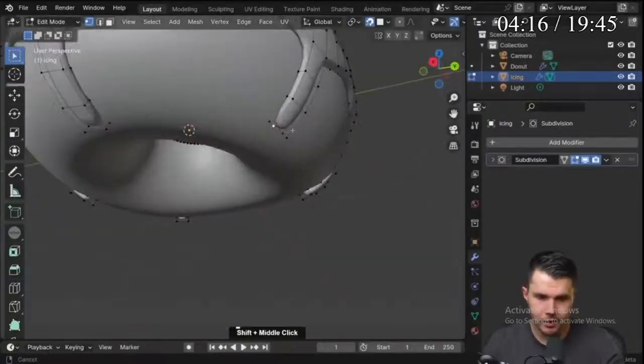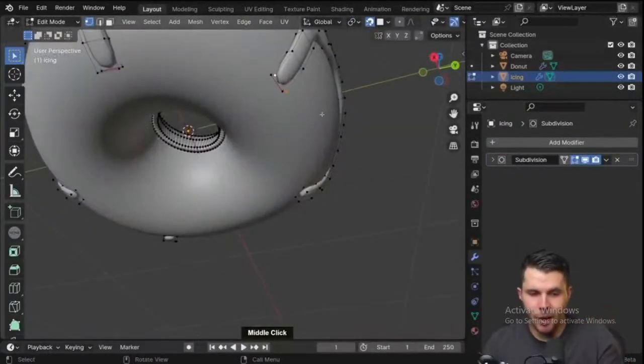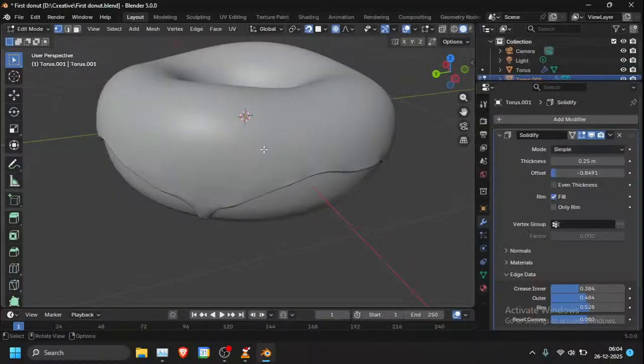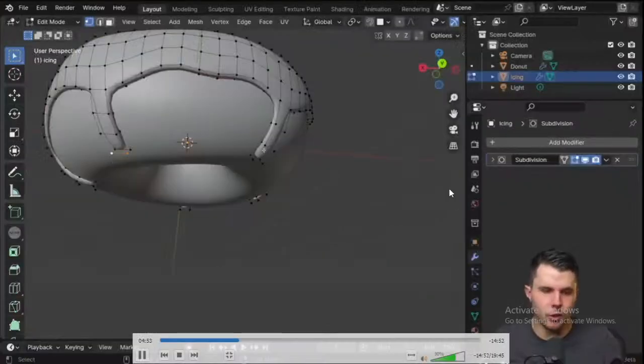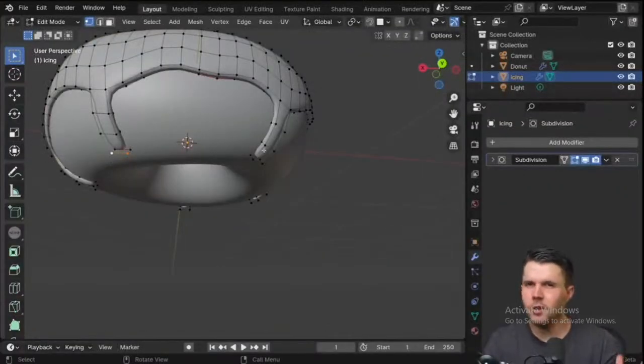Next, if you want to add a bulge to it, you could very carefully come in and tap G, and I've got snapping turned on, so turn that off. Pull this out, right? And go like that and go, yep, there's a little bulge there, but that's very tedious to first select a point, then tap a key to move it. It's very tedious. So you just need to use another tool to do the job. Edit mode is one tool, and it's good for very precise things, but for more organic shapes, more freehand stuff,